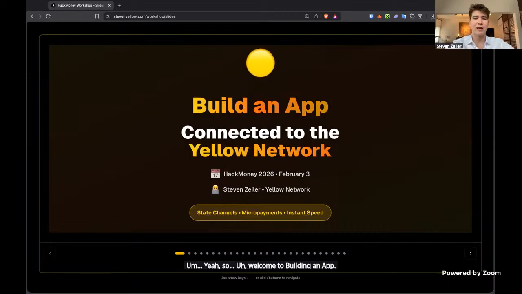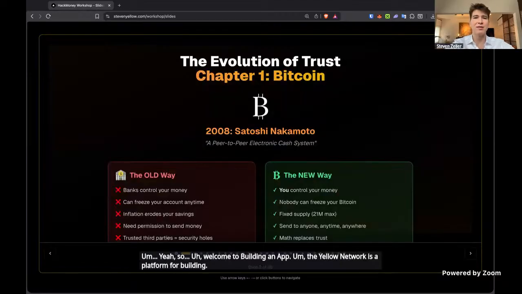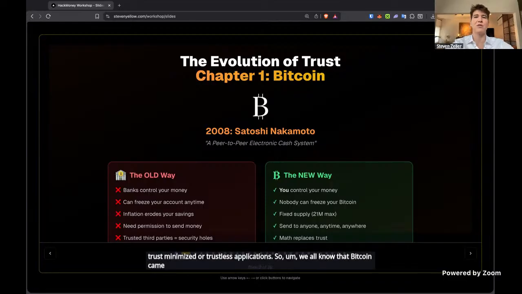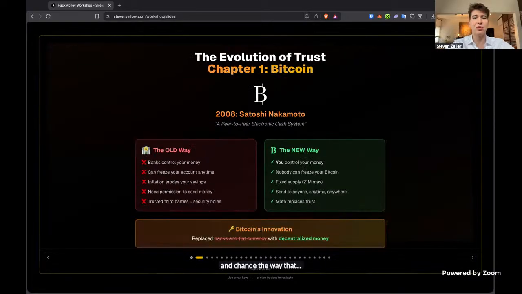The Yellow Network is a platform for building trust-minimized or trustless applications. We all know that Bitcoin came onto the scene over a decade ago and changed the way that people trust their money. The old way was that bankers control your money. They can freeze your account at any time, and you need permission to move your money.